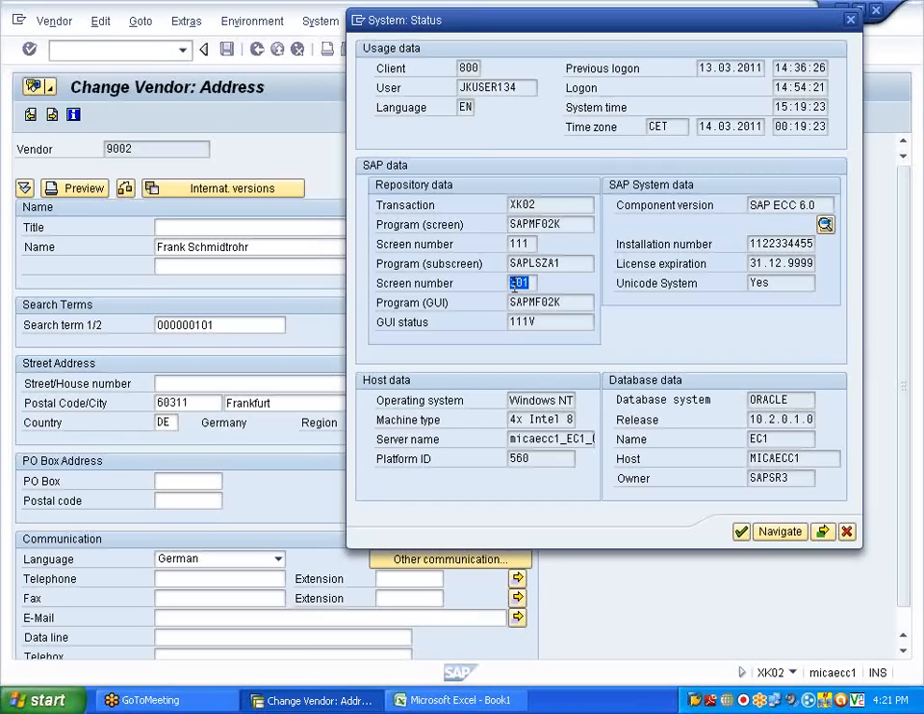And the subscreen is there in this particular screen number. This is the particular screen number of the subscreen. And this is the GUI status. GUI status means set PF status will give, no? So this is the GUI status name. Fine. Now what I will do, I will go to the program of the screen, double click on the program of the screen,